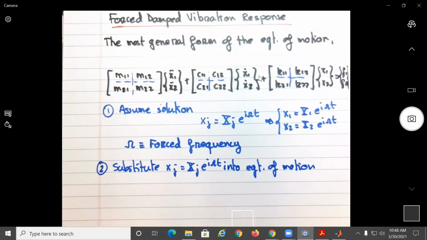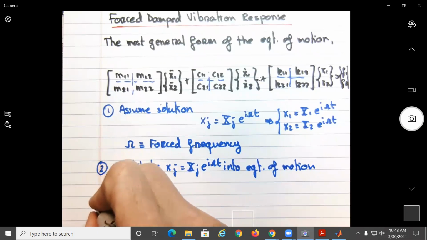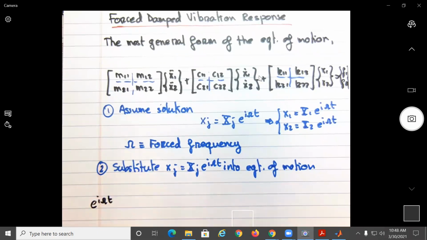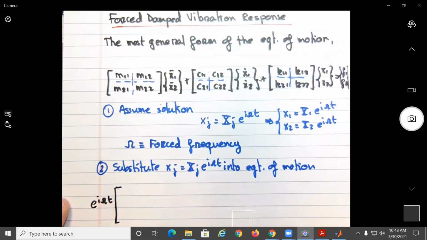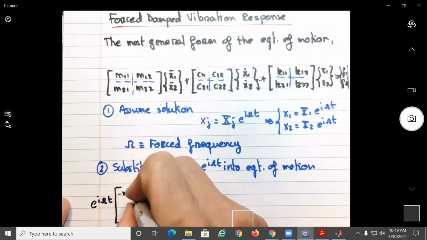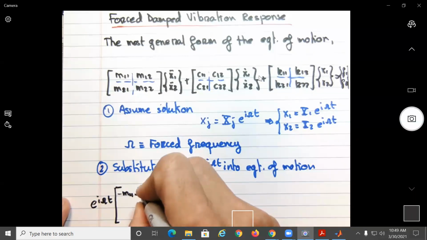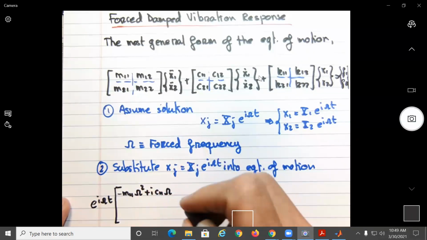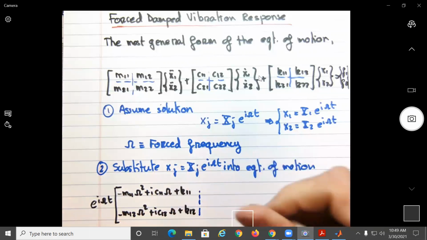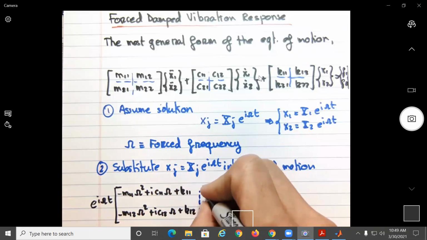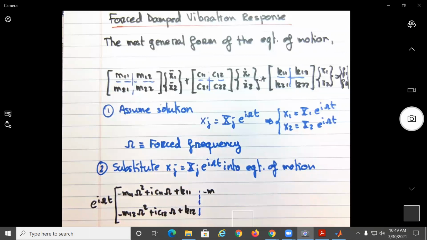All right, if you do that, you're going to get the equation e^(i omega t), and then you're going to get here, hopefully I have space, minus M11 capital omega square plus iC11 omega plus K11, minus M12 capital omega square plus iC12 omega plus K12, and basically something similar on the other side, so it will be minus M12, oops,